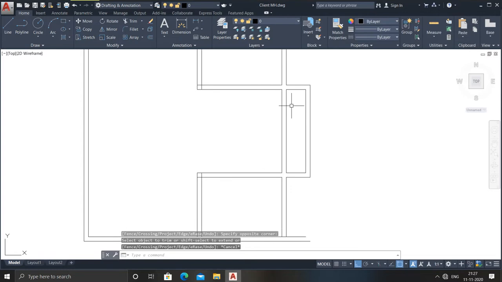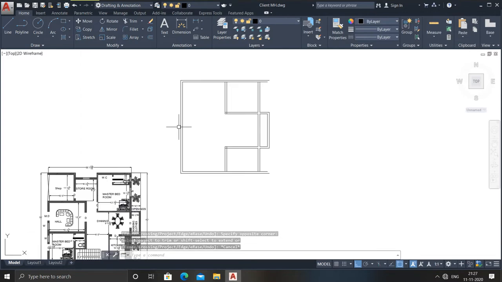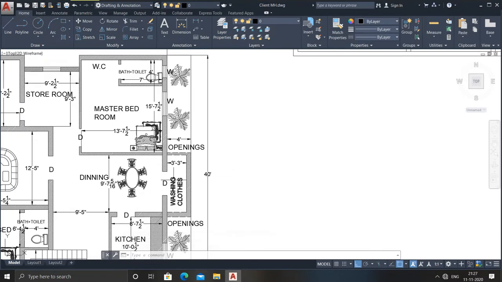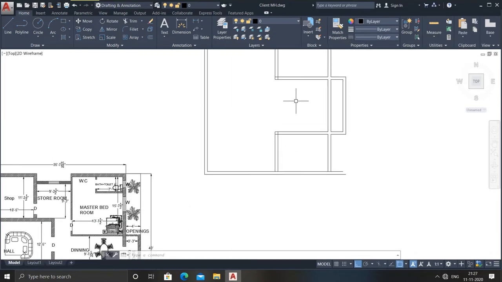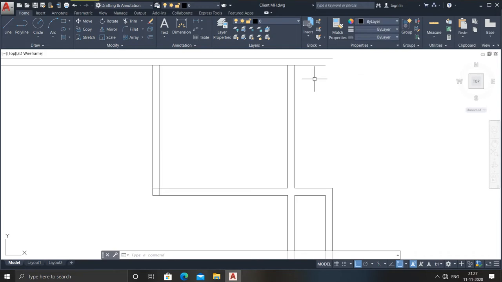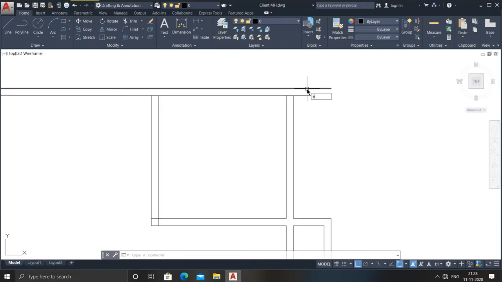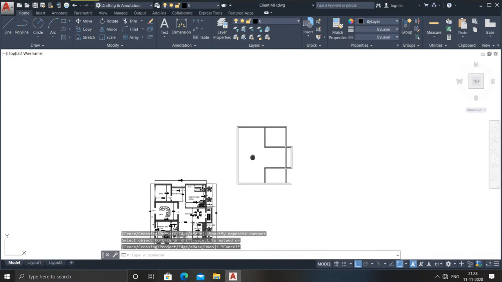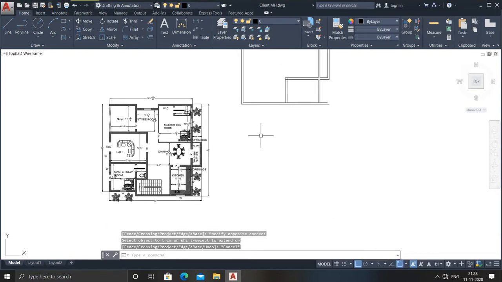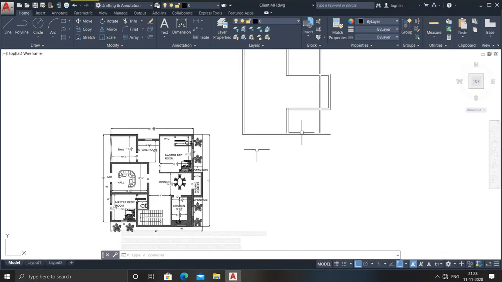After that these parts also I do not want, as you can see here, because there are some openings. I have placed a door here, so no need to worry, I will keep it here later. So you can see there are some extra lines, so go for the extend command. If I want to delete some extra lines, go for the trim command, tr double enter, just go and trim it, skip it. After that you can see my work has been almost done.